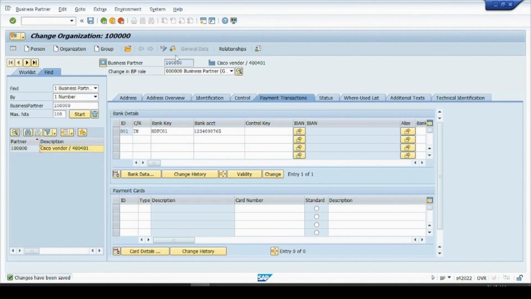Now I want these bank details to be sensitive, so that if I try to manipulate anything here in the bank account, the system will not accept it without confirmation from your manager. That might be your manager, or maybe another user who has the authority to confirm these changes. For that, first we need to go to the